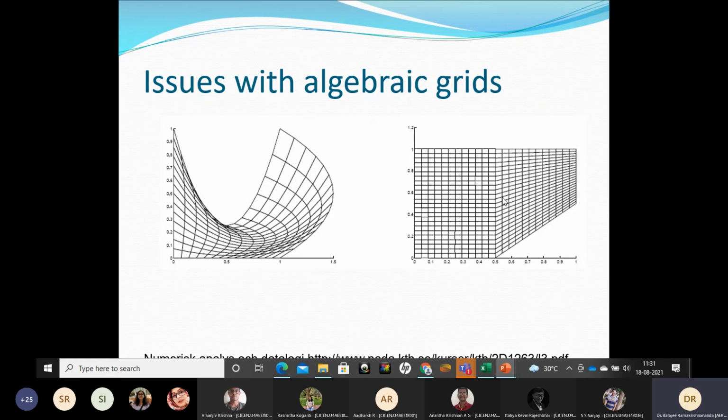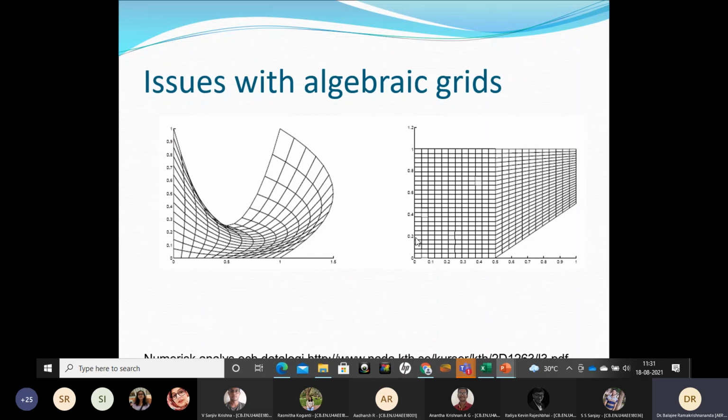Now this gradient is there only in the grid, it is not there in the flow field. The flow doesn't have a step there, but the algorithm will think that there is something there and may generate some spurious numerical error due to such sharp corners. So another thing to avoid when generating a grid is such sharp corners wherever possible. Sometimes the geometry may have sharp corners. If so, then preserve them. But otherwise, avoid these sharp corners and avoid highly skewed grids. You will get a nice looking grid if you do these two things.